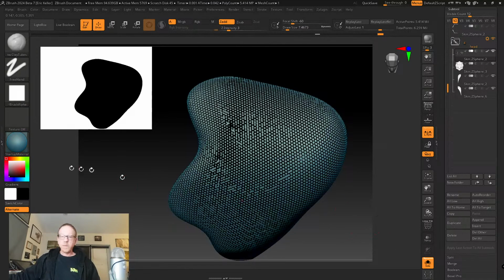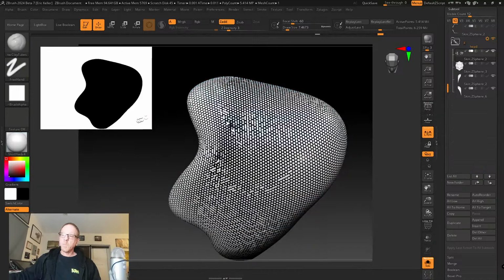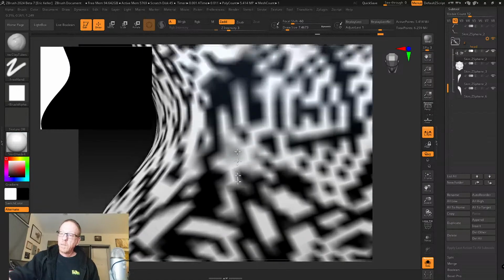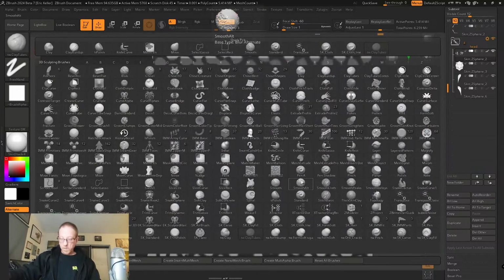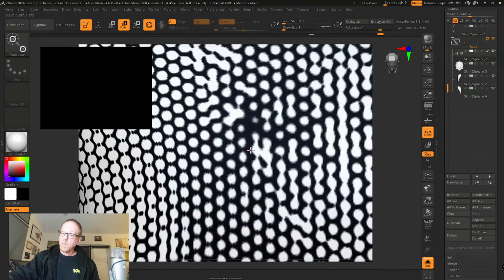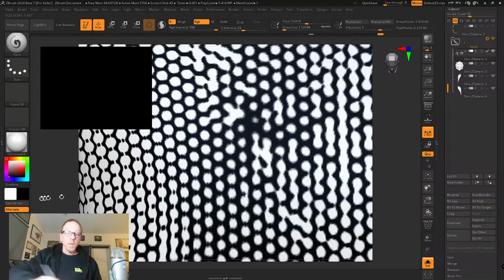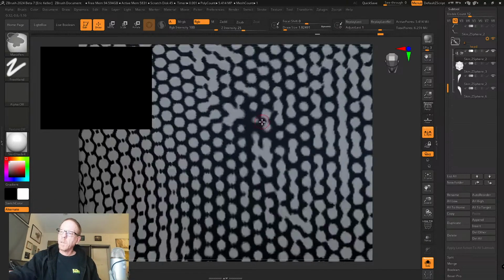Now I'm going to clear the mask. So basically I'm using poly paint real quick, and probably because I need more resolution here. We can real quick come in here and